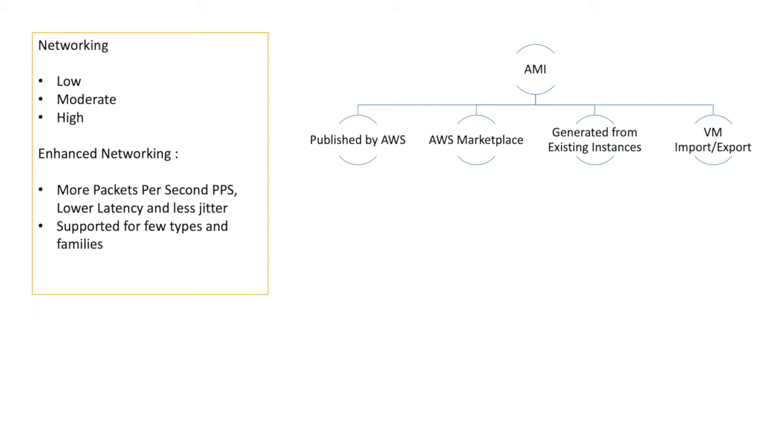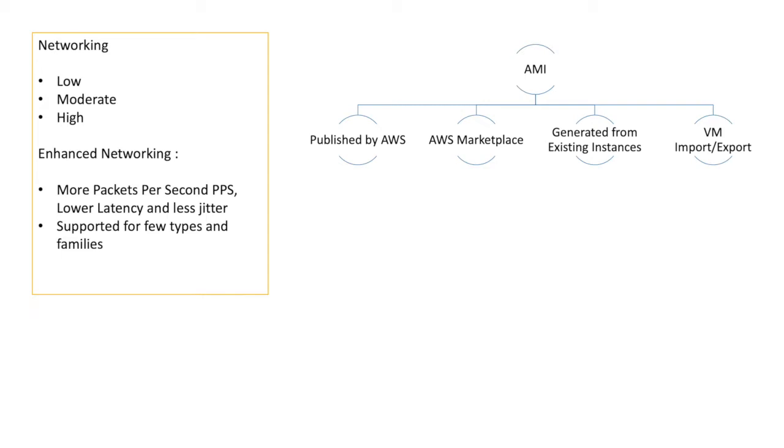Okay, but who is going to provide you the AMI? These AMIs can be provided to you by AWS, or AWS has already tied up with a lot of partners and it has provided a portal called Marketplace. It is just a website, a marketplace, and there many publishers, many vendors have already published the software that they want to sell. So you can go and you can buy. Okay, the good part about AWS Marketplace is its license is already pre-configured in the manner that you can directly use it because it is suitable for use within cloud.